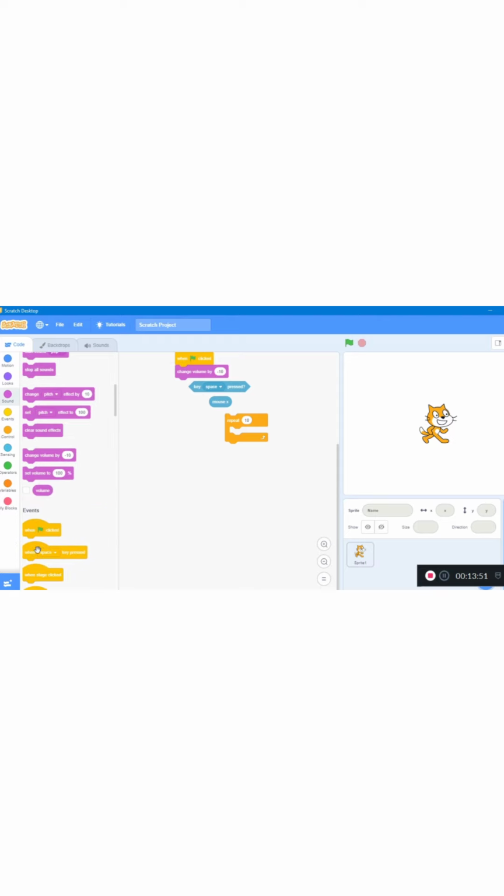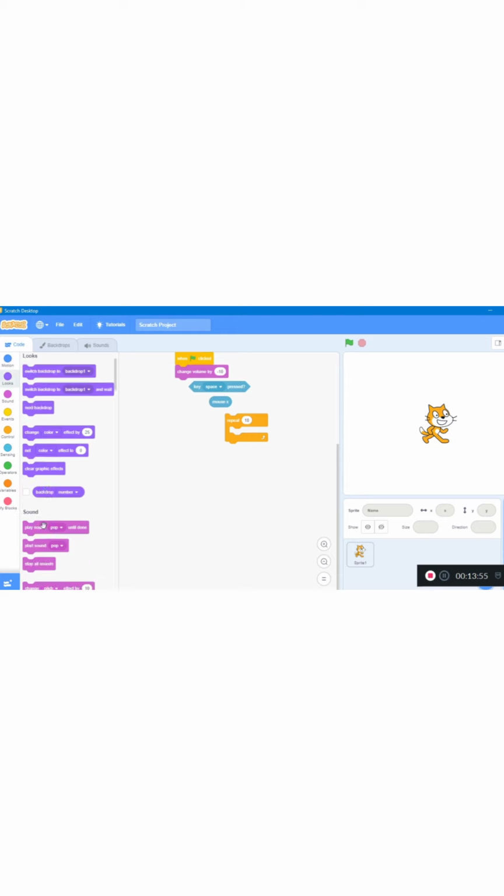Cap blocks are where you cannot continue the command further, like this, or you can say cap blocks are quite similar to a command like stop. So these are the 6 different important block shapes in Scratch.